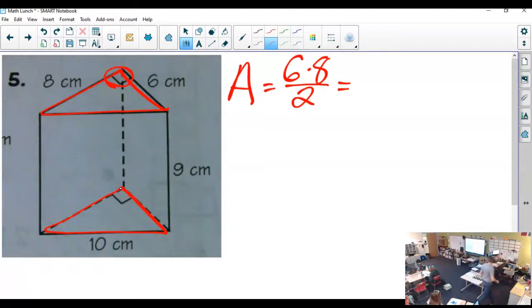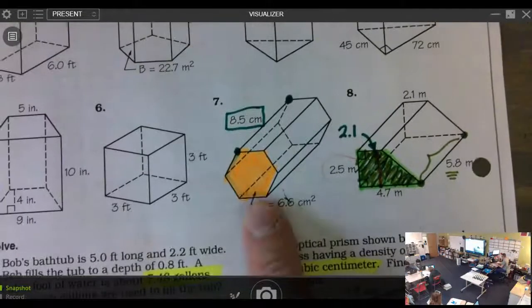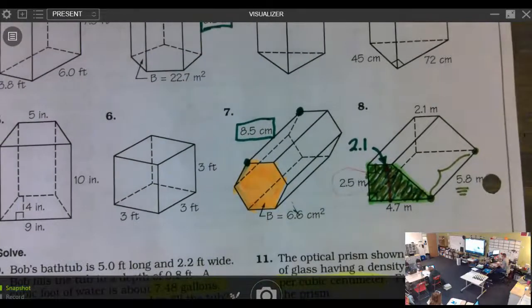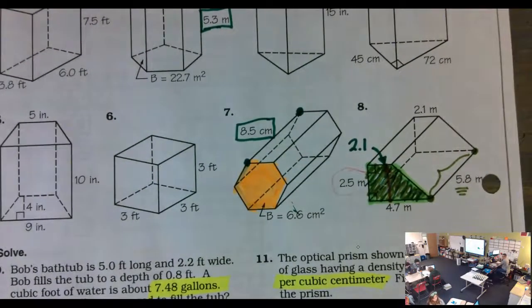On the volume side, the things that were confusing a couple people is here, like in 7, they give you the big B. And we know that our volume formula is always